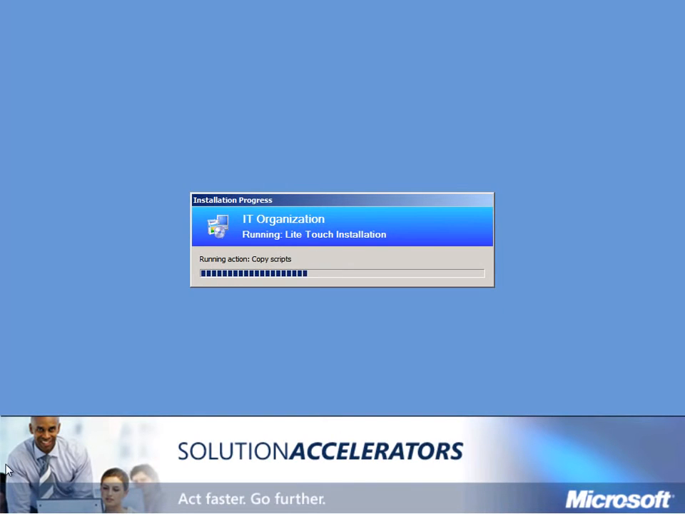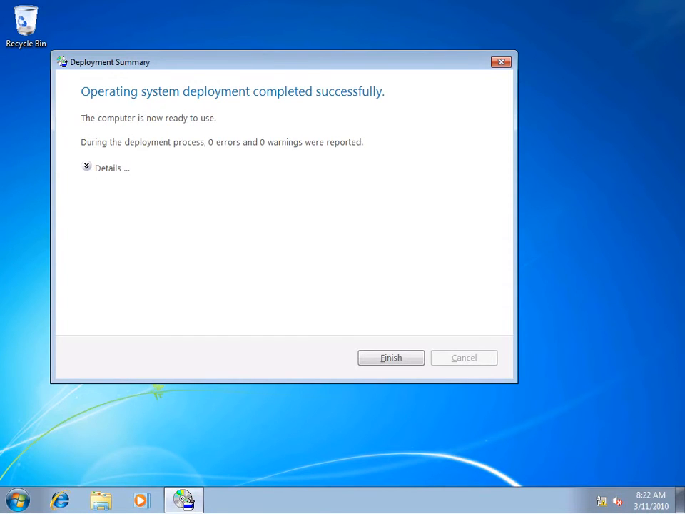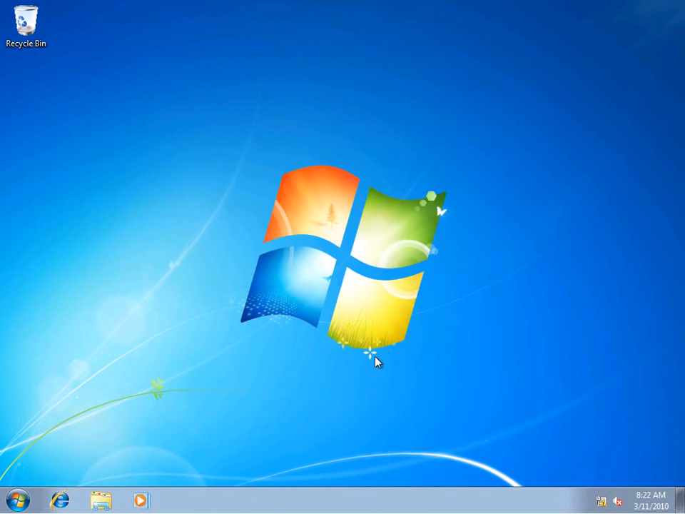So that's going to take about 30 or 40 minutes, and we're going to fast forward and get to the point where we're at completion. After fast forwarding, we get to the point where the operating system deployment completed successfully, and we